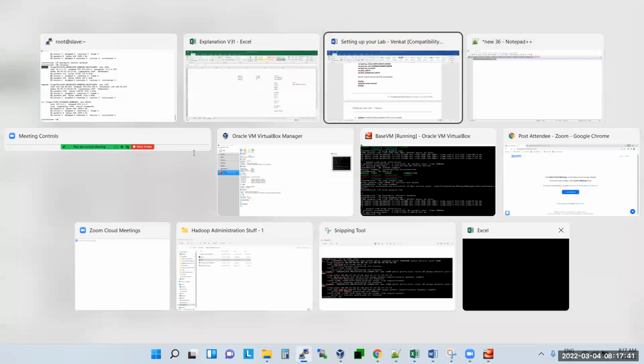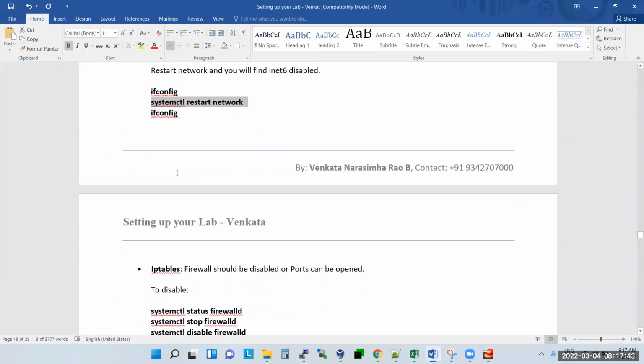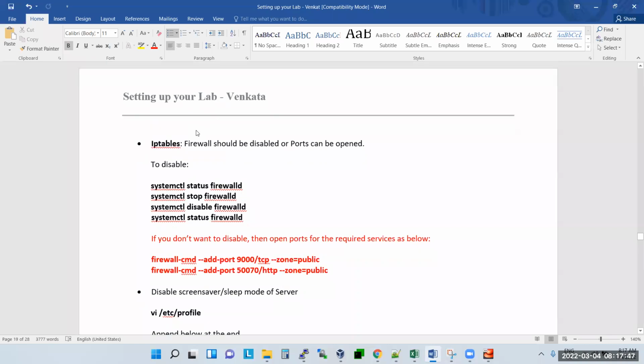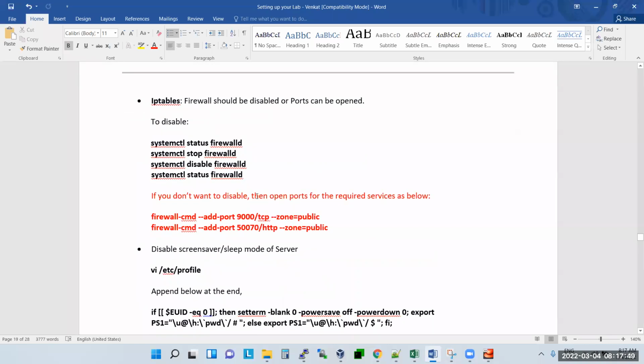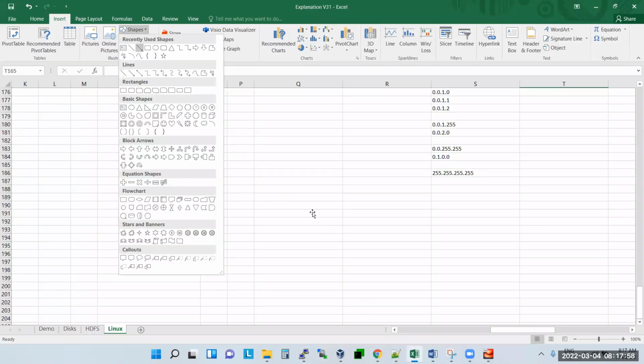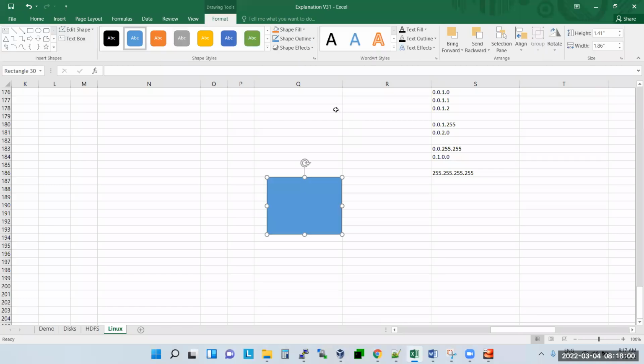Okay. So after that, iptables. What is iptables, guys? Let us take this scenario. Normally, let's say this is a Linux server, and inside this one